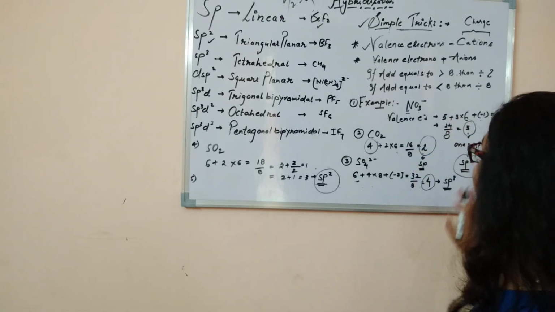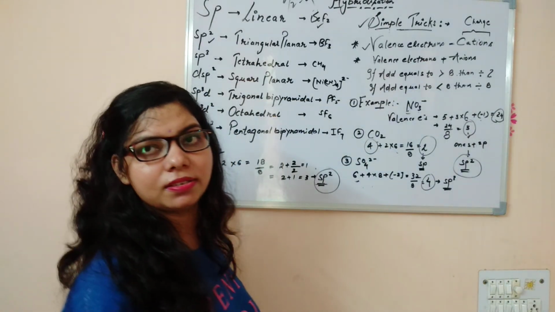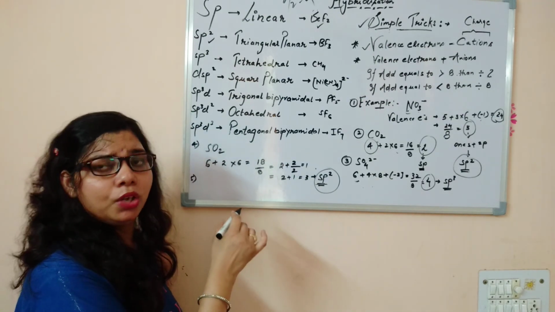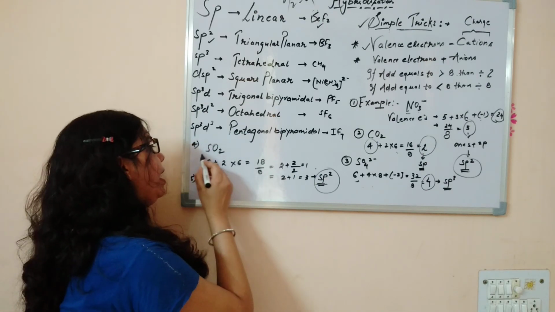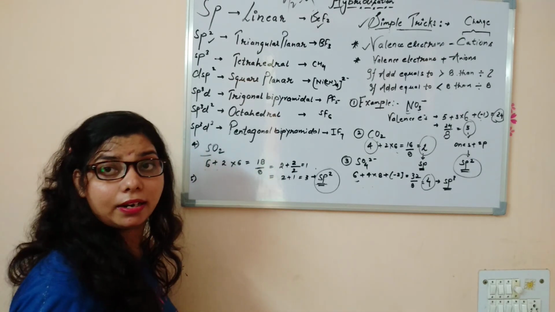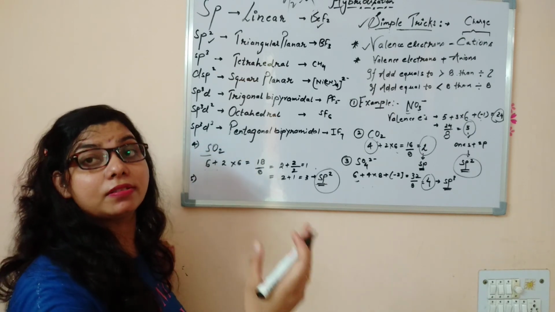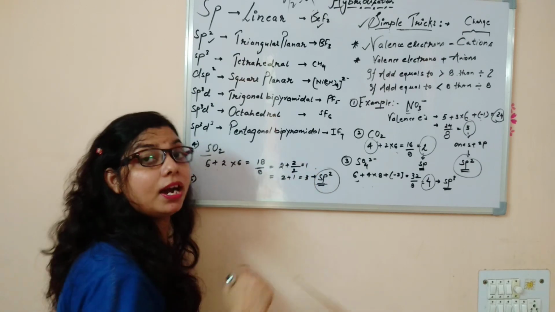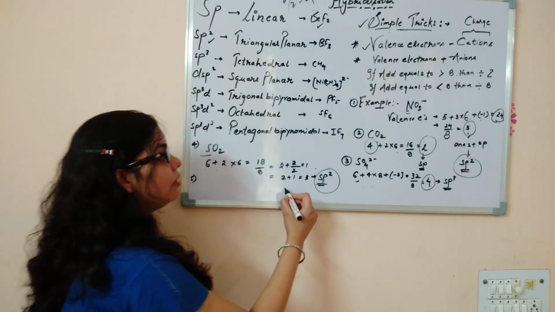So you can tell very easily. In another example, you can see SO2. This is another kind of example, and this contains the trick also. ऐसे भी questions आपके exam में आ सकते हैं. So for SO2, 6 plus 2 into 6 comes 18. It is greater than 8, so you divide it by 8, which gives 16. Now the remainder is remaining, so then you divide it by 2 again. Then you can see the result is 1. So 2 plus 1 is 3.